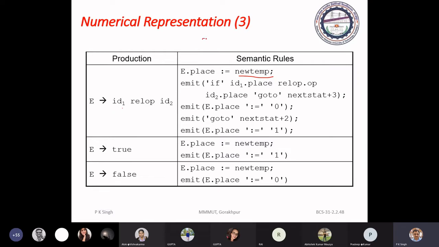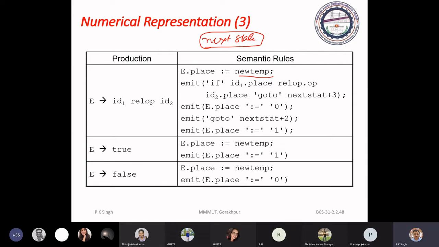This next state is an identifier that keeps a record of the reference of the three-address statements.